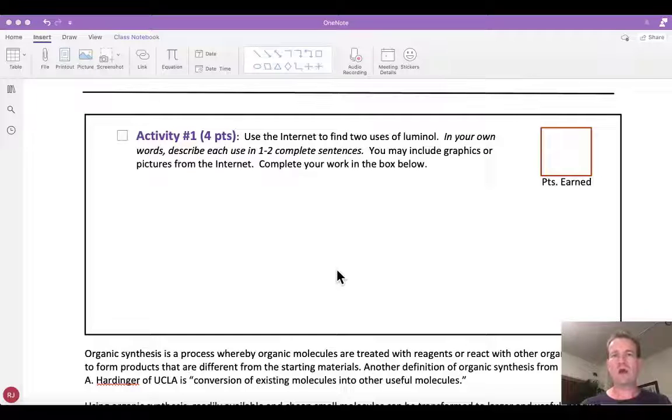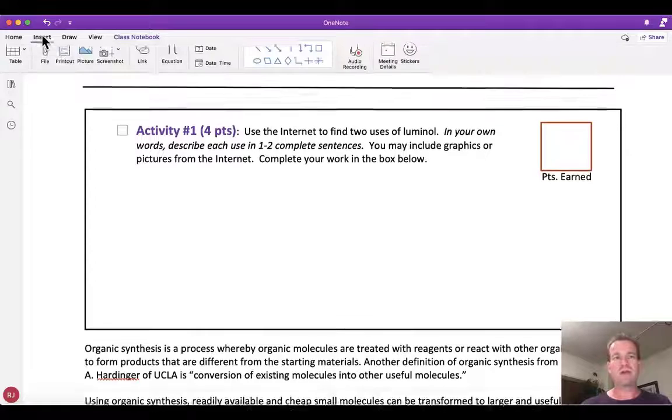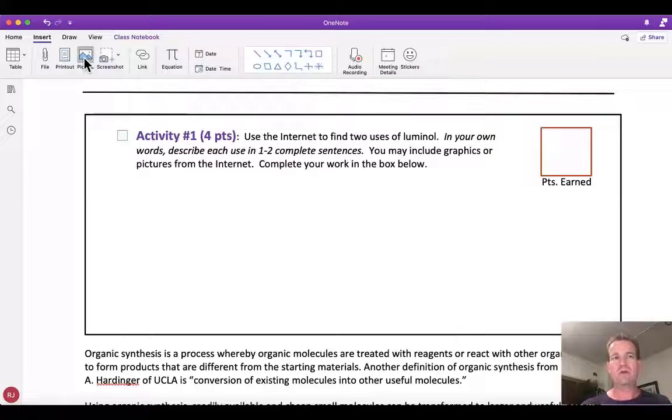In addition to writing or typing an answer, you may also include graphics or pictures in your answer. In this video, I'll show you a few ways to do that. If you go to the Insert menu in Microsoft OneNote and then select the Picture option, you may insert a